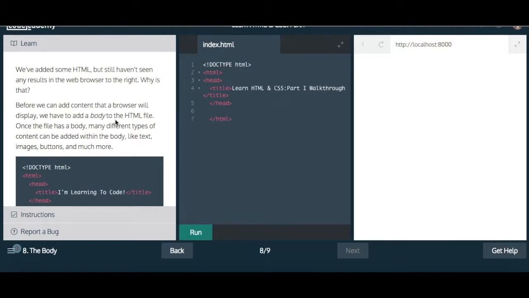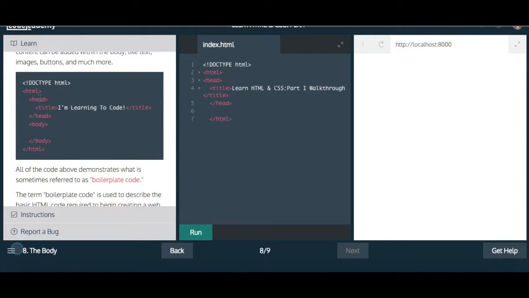We've added some HTML, but still haven't seen any results in the web browser to the right. Why is that? Before we can add content that a browser will display, we have to add a body to the HTML file. Once the file has a body, many different types of content can be added within the body, like text, images, buttons, and more. Doctype HTML, html, head, title, our title, Learn HTML and CSS part 1, walk through, title, head, body, html,